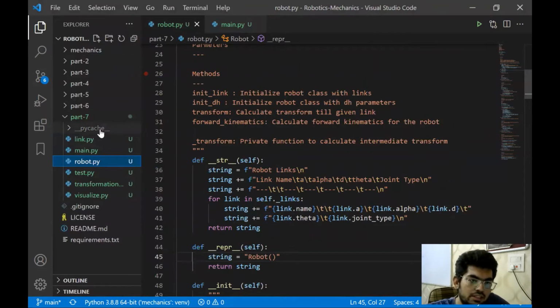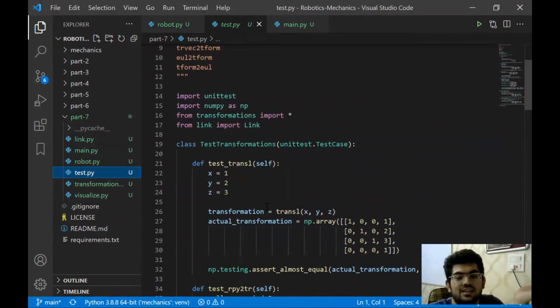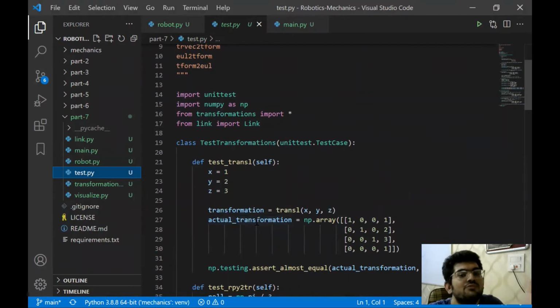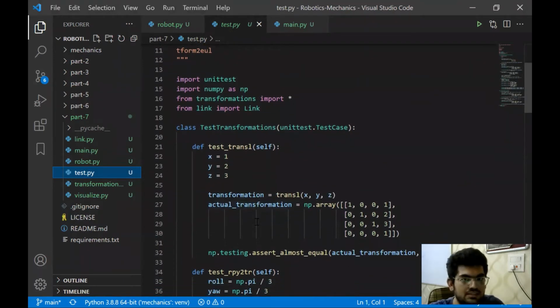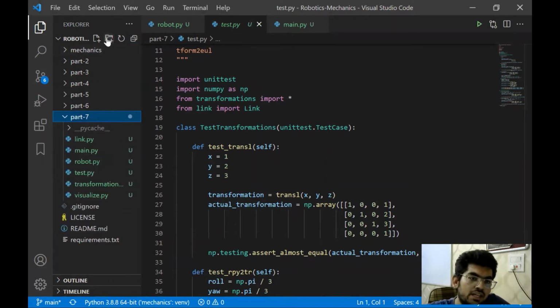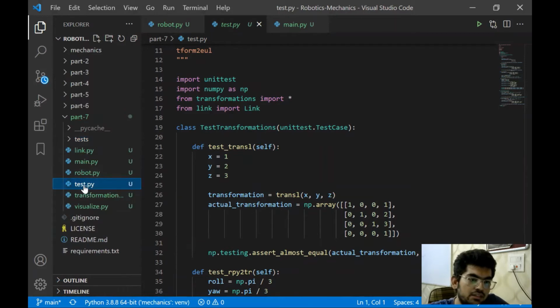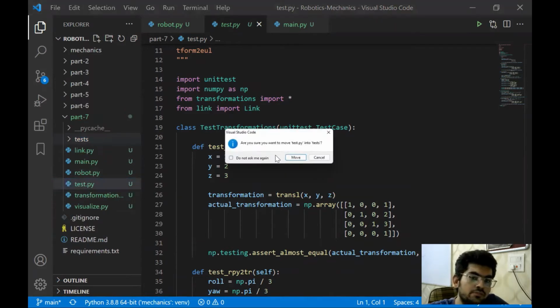Now we're going to write some unit tests. What I was thinking is, since we will be having 3 test classes, I don't think it would be good to have all of the 3 in a single test class. We should develop a test folder that we can run. So let's do that. First, we're going to add a folder called tests, and we are going to put this over here.